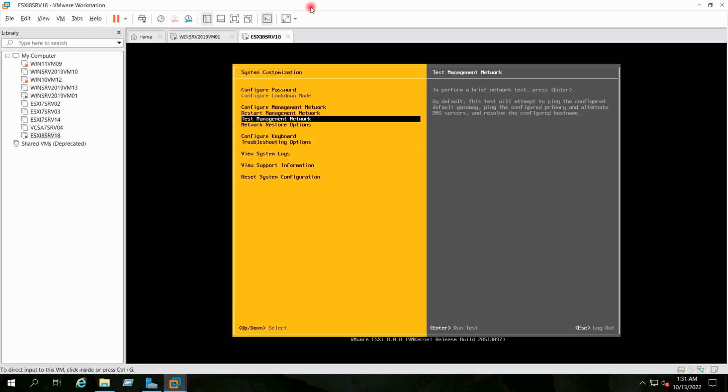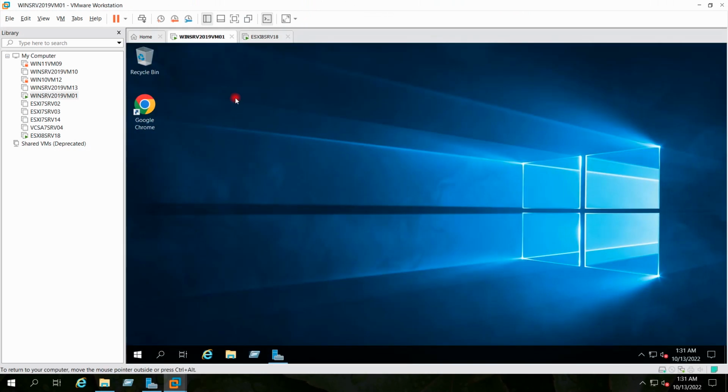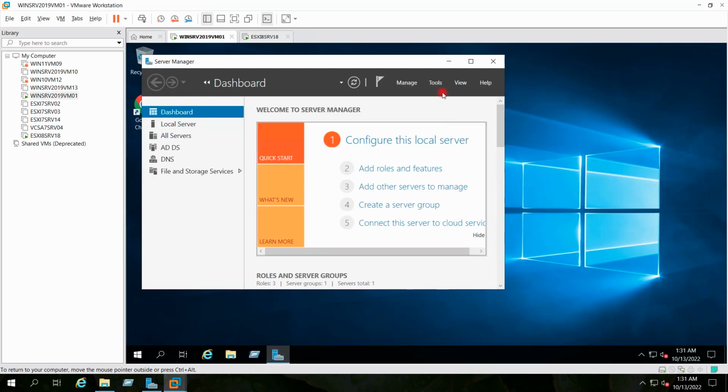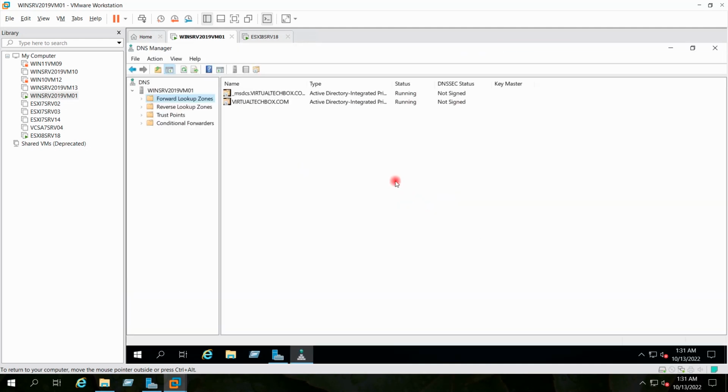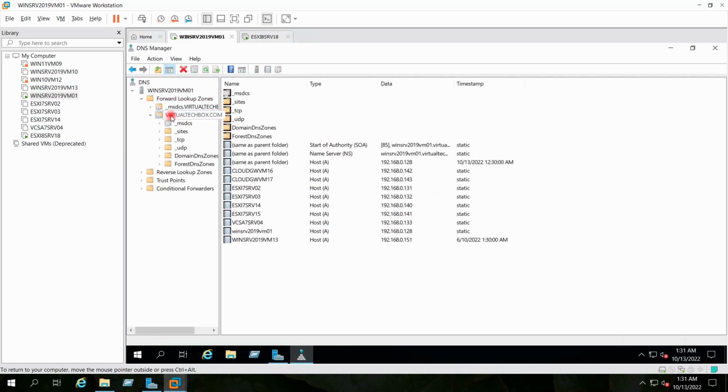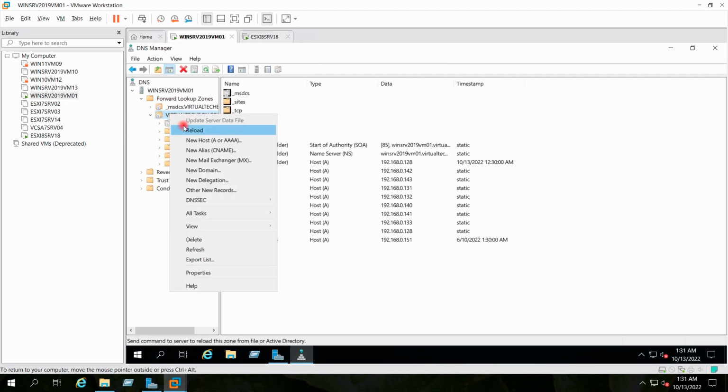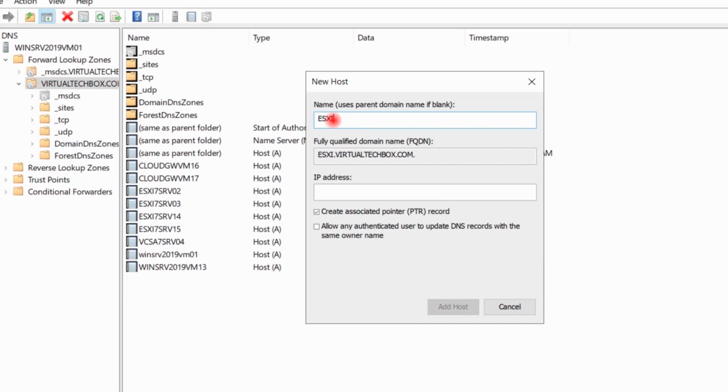I will exit the full screen mode. I will go to my domain controller. I will go to DNS manager and I will do the host entry for my ESXi 8 host.